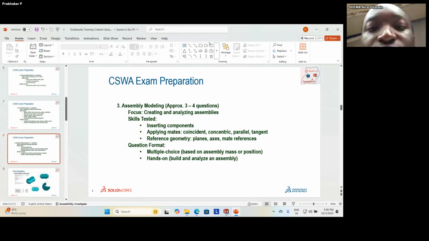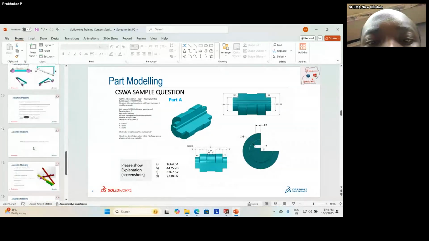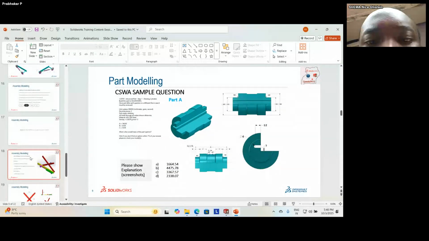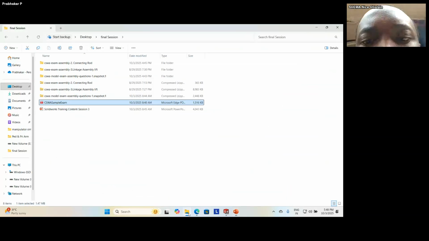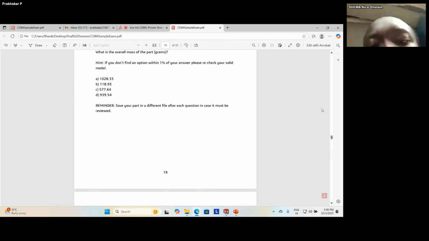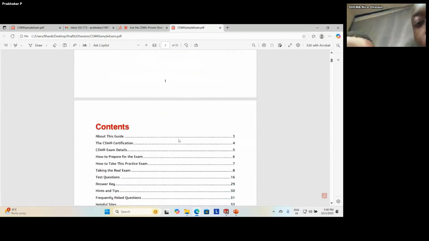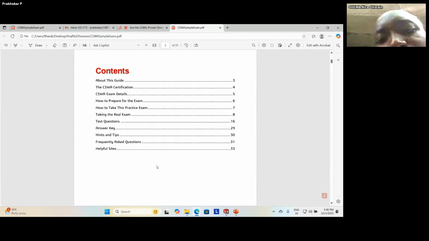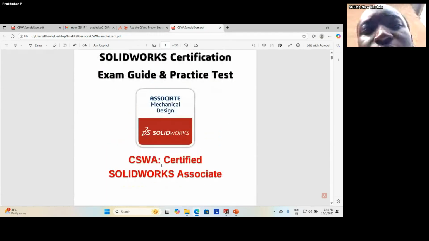Before going to this, we are going to see some exercises here. Since we have some time, what I want to tell you is you had better practice this example, which is provided by Dassault Systèmes itself on the SolidWorks website.